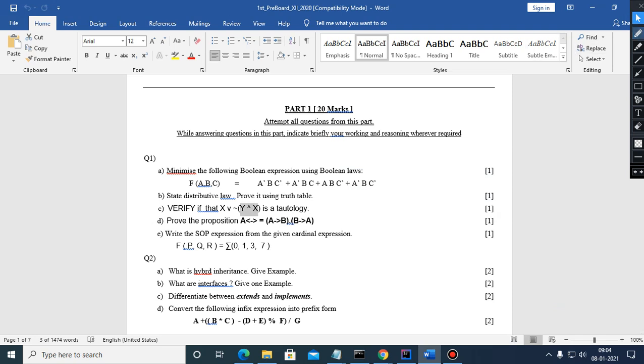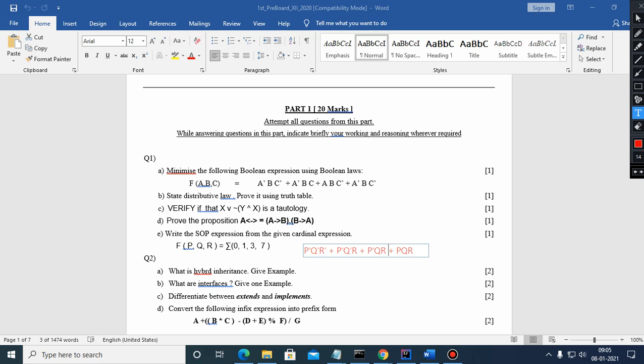So children, how many literals are there? There are three literals. So if there are three literals, there will be four min-terms. Simply write this PQR plus PQR plus PQR plus PQR. And after that, it is 0. Since it is SOP, complement, complement, complement. This is 1, complement, complement. This is 3, this is complement, and this is 7, leave it as it is. Children, you need not simplify this expression. You need to write this much only, and 1 mark is there.